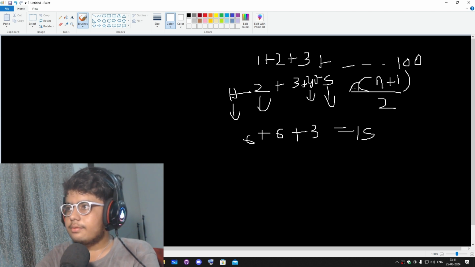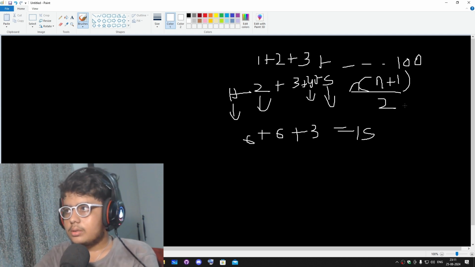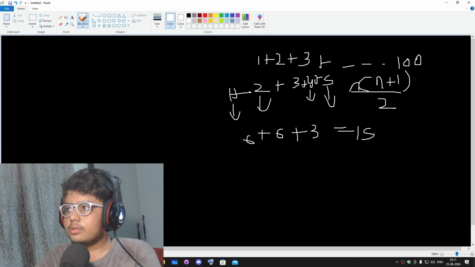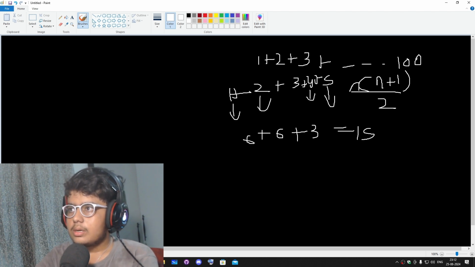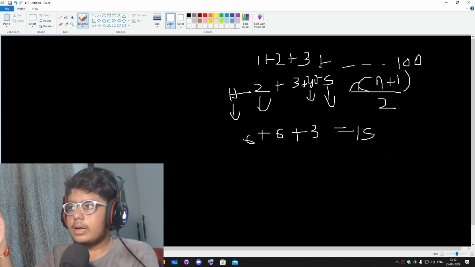And in the same way we are getting n into n plus 1 is 15. Okay, I got this. This is just the best formula. Now, what he's doing is adding this one with this and just multiplying it. So what I have done is I tried if this formula